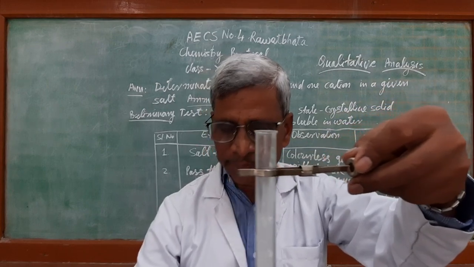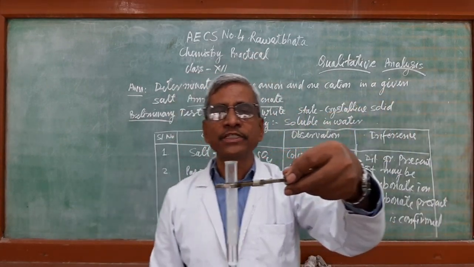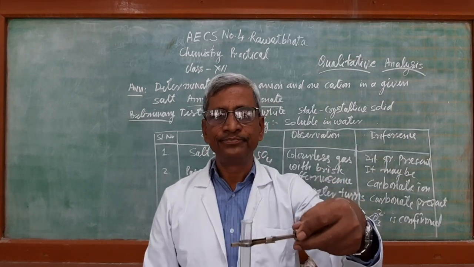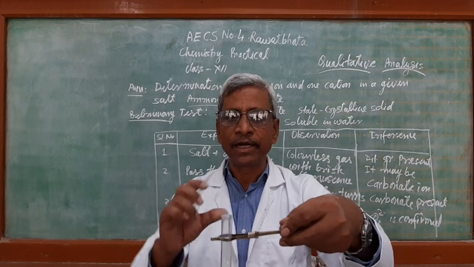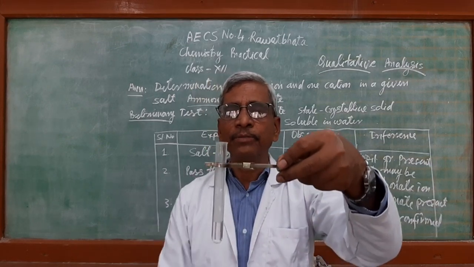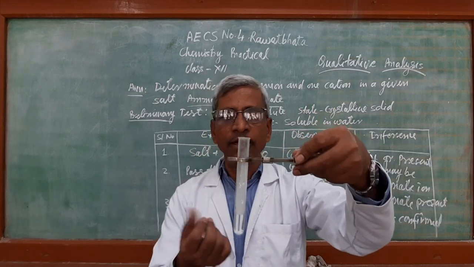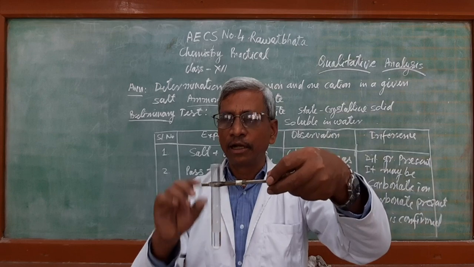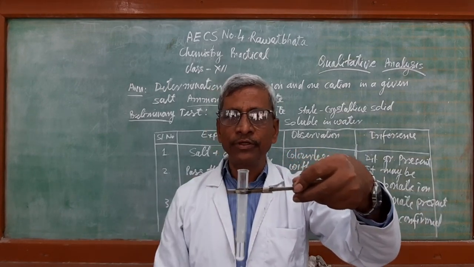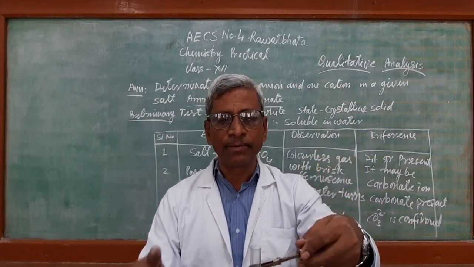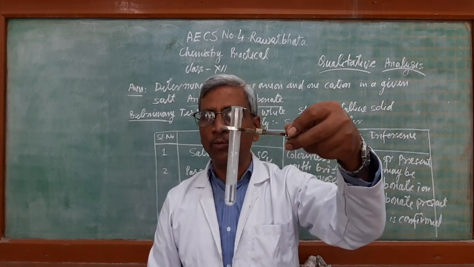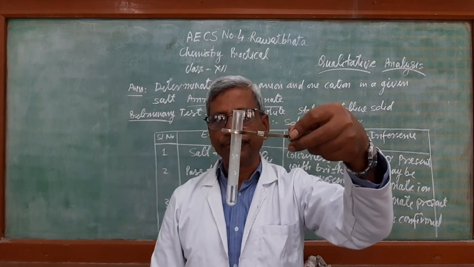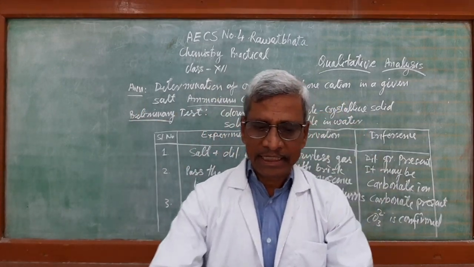In this way, this shows that ammonia gas was coming out, which combines with HCl to form ammonium chloride. Ammonium chloride is white in color, its particles are there. That's why we are able to see the white color of ammonium chloride. Okay, is it clear? Salt combines with sodium hydroxide to give ammonia gas. This ammonia gas combined with hydrochloric acid to form ammonium chloride, and those white fumes you can see here were coming in the air also. Okay, this is the confirmation.